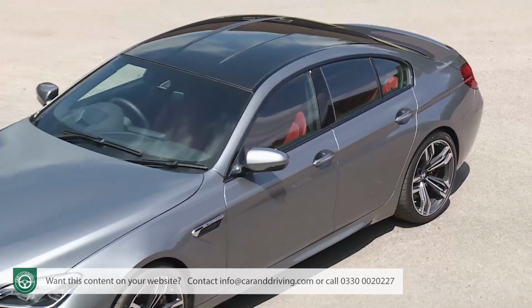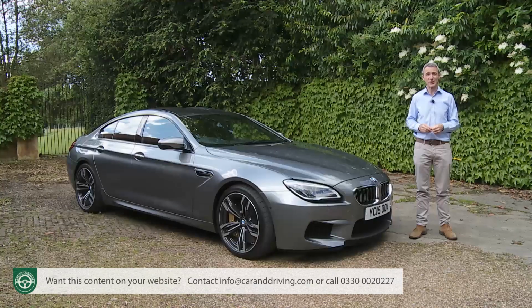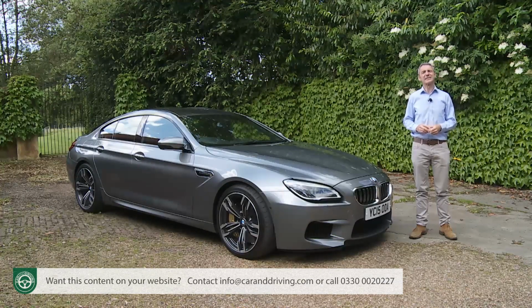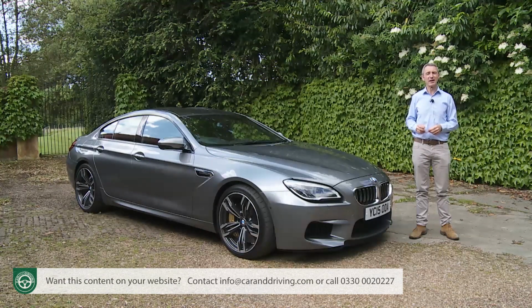Whether you choose this 4-door 6 Series Gran Coupe or the standard 2-door 6 Series Coupe, you'll be paying the same, at least for mainstream models. That sees pricing in the £60,000 to £75,000 bracket once you've allowed for a few well-chosen extras. To give you some BMW range perspective, this means that buyers of this car will be paying around £20,000 more